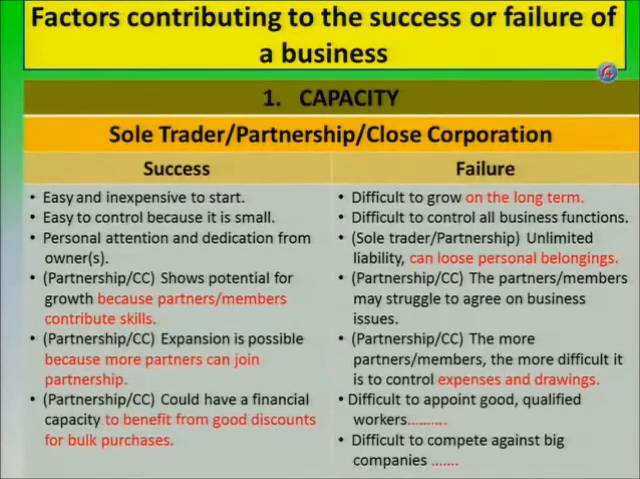Very, very important. Another reason for failure in the case of sole traders, partnerships and close corporations is that it's difficult to appoint good qualified workers. It is true. If you as potential grade 12 learners pass at the end of the year and you pass very well, I believe you are going to go to the university and obtain one or another degree. And because you are now well educated, you are not going to go and work in a small business. You are going to look for big businesses. And then a last reason for failure is that it is difficult to compete against big companies in the case of